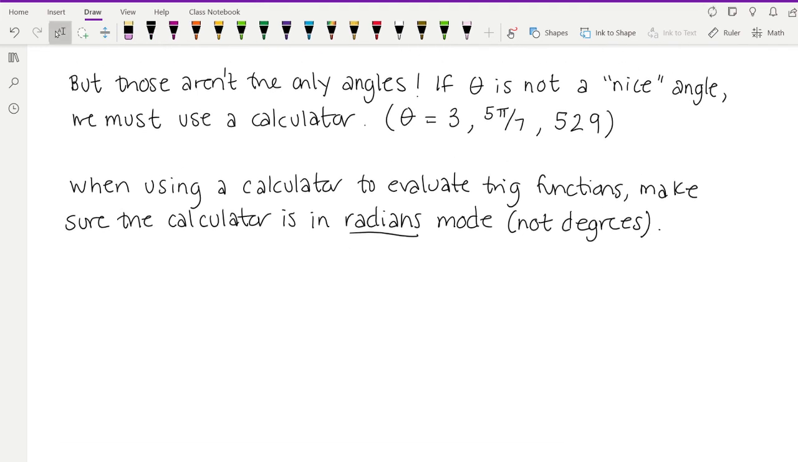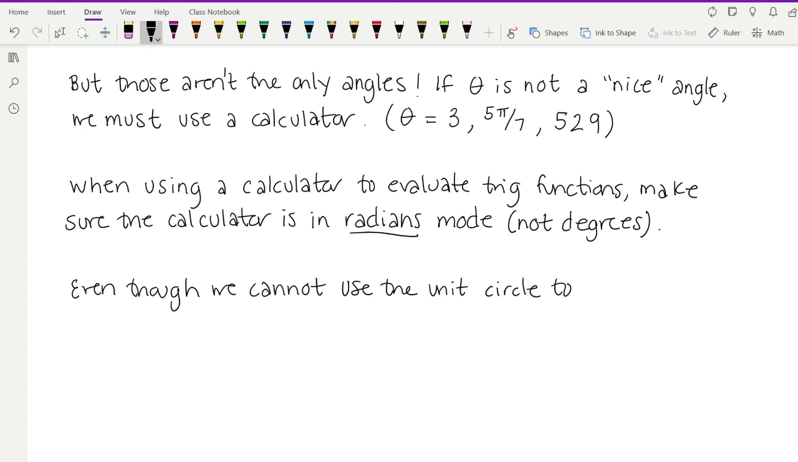I want to mention a couple more facts before we get into our example. Another one is that, as we saw in these earlier examples, even though we cannot use the unit circle to evaluate trig functions when theta is not a nice angle,